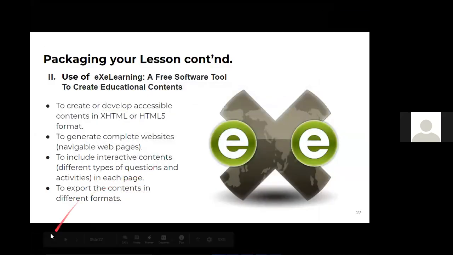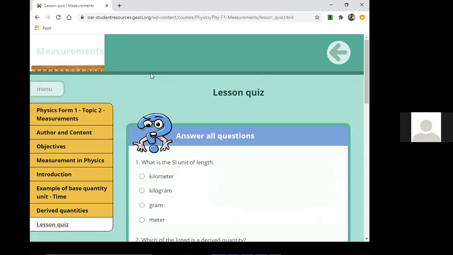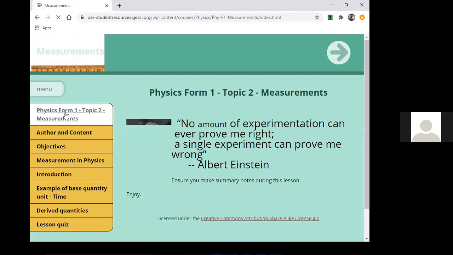So with EXE, I've already looked at an example of a lesson here that has been packaged using EXE. An EXE lesson looks like this. This is after you have exported the lesson, this is how it will look. You're able to create web pages that can be portable. You can carry them in a flash disk, go and install them on your learners' machines, share with your learners even on email, and they'll be able to go through this topic on their own, as long as they have a suitable